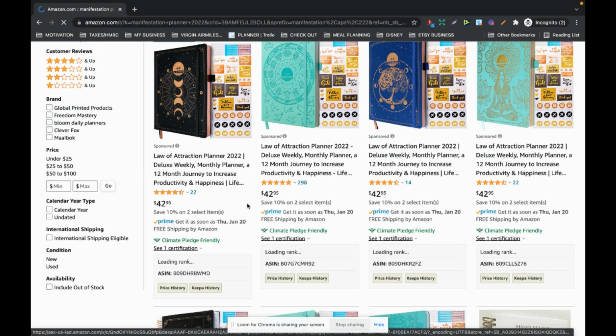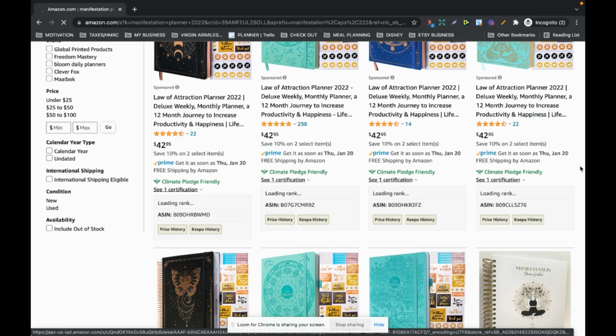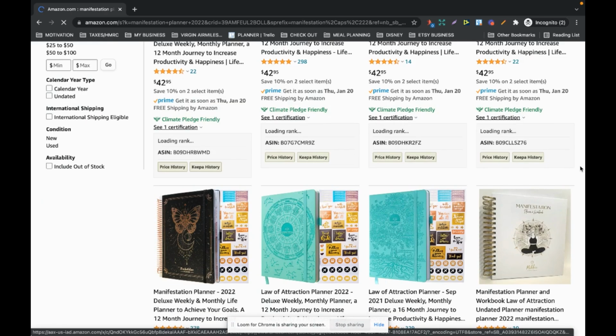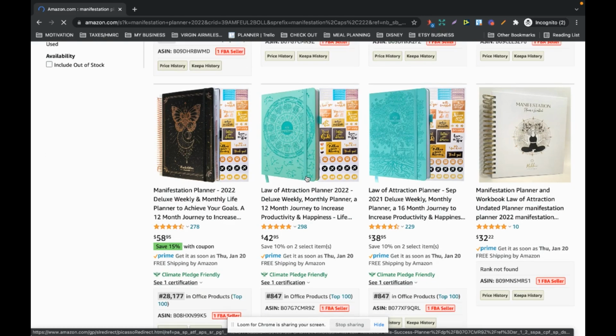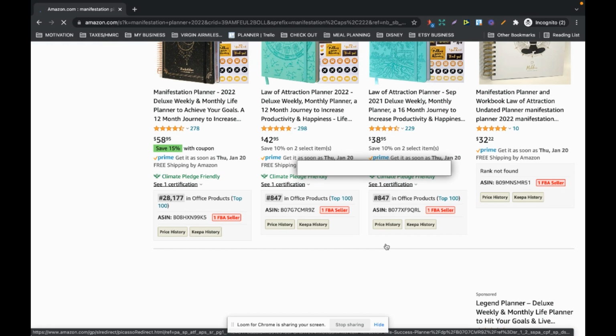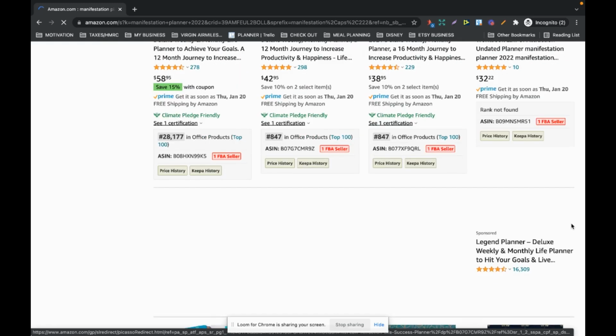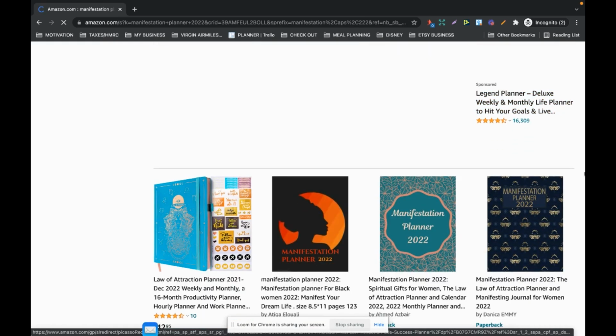this is so common, seeing all of these spiral bound planners that come with the stickers and everything, and they're $42 or $43. That's a lot of money to spend on one of these planners. Now, obviously, there's a market for it. You can see the BSRs here, but this is not what everyone is going to be looking for. Some people are just going to want a paperback book, and they're not going to want to pay a fortune